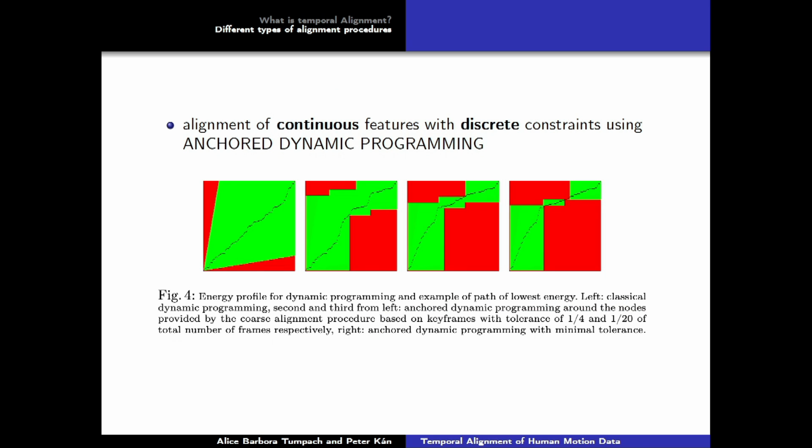Okay, so how do we do this? How do we do now incorporating keyframe and also continuous matching? So we developed something which we called entrode dynamic programming. So usually behind the programs that give us the alignment, there is a minimization of cost. So what you see, these squares are profiles of a cost function. And what you do is you want to find the path that minimizes the cost between all possible paths from one edge to the other. So there is a cost profile. The cost here should depend only on local features,